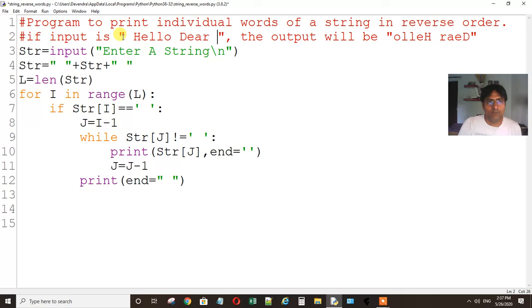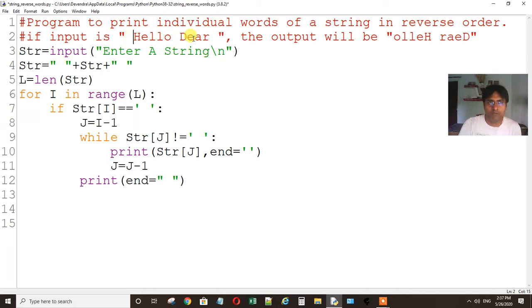We will start from the beginning of the index as we get a space. So the first space we get here, and from there we take a step back and then we move backward till we get another space. So at this space, if it is 0, we will move back and we won't find anything, so it won't print anything. Then we will get a space here. From here we will revert back and we will print OLLEH and we will get another space, so we will stop here.